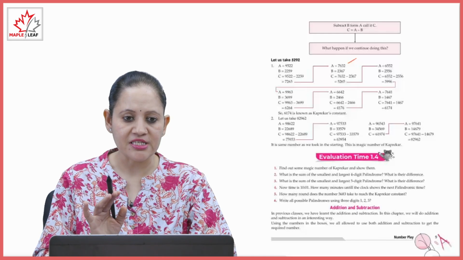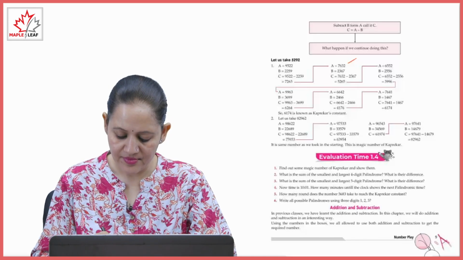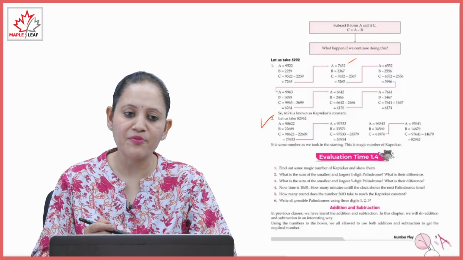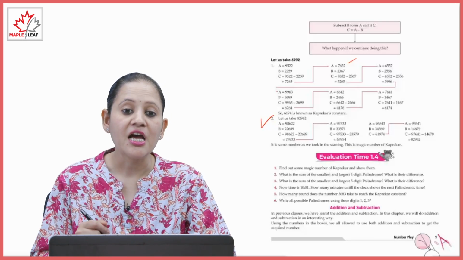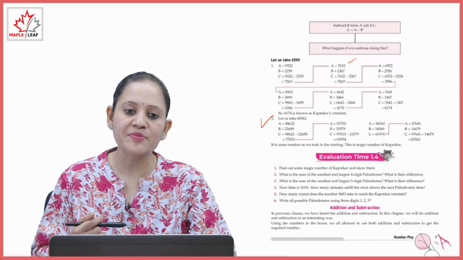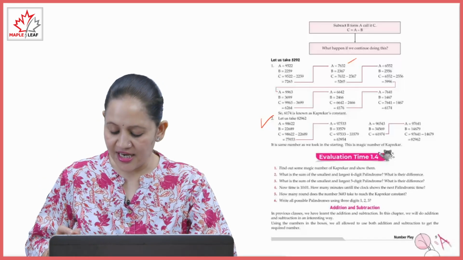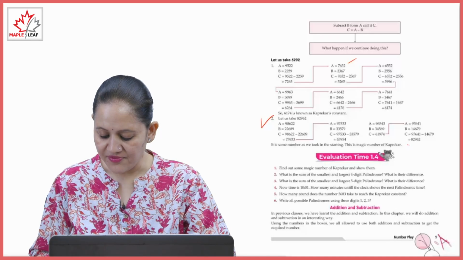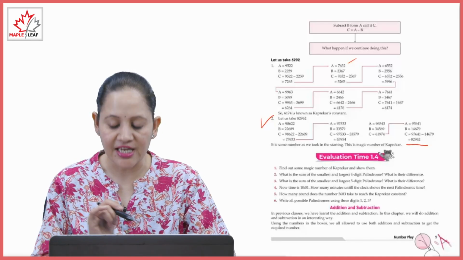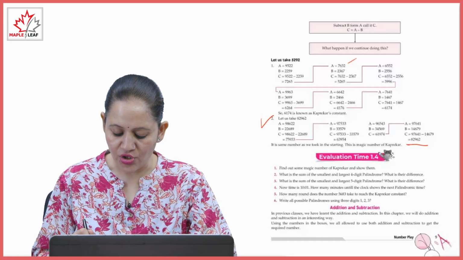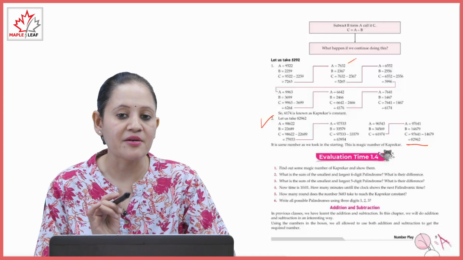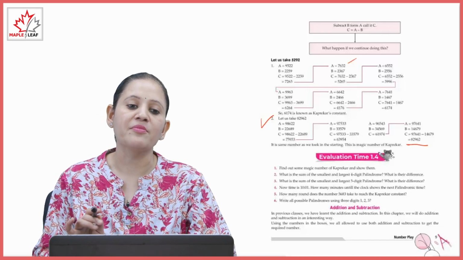Let us take one more example. 82962. Same, we form the greatest number and smallest number and find their difference. Again, whatever difference we get, we will form a largest number and smallest number and find their difference. At the last, we keep repeating this until we get the original number. So, it is the same number as we took in the starting. This is the magic number of Kaprekar. This is called the magic number of Kaprekar.